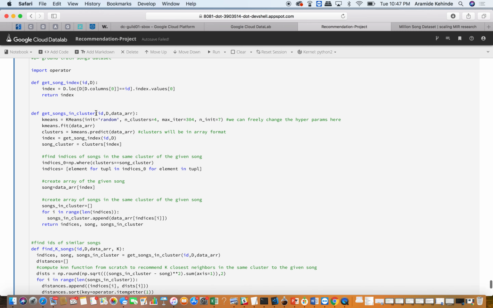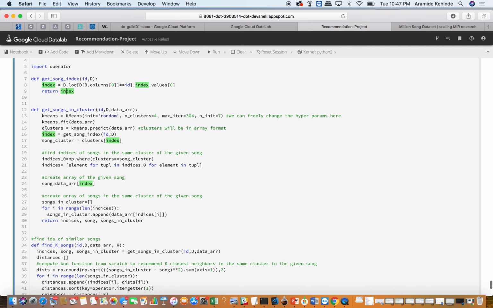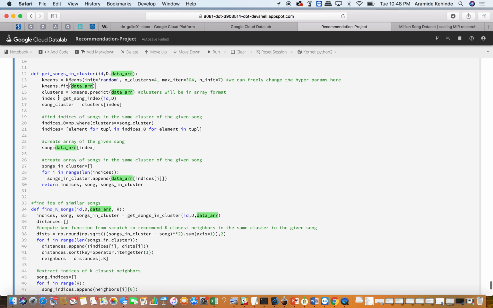So here again, we have multiple functions. The first is it's going to allow you to enter the song ID. So this is pretending the user has hit a specific song and is now listening to it. Now, given that song ID, we find that index, this index of that song in the songs data set. Now that we find the index of that song in the songs data set, we use that to run a